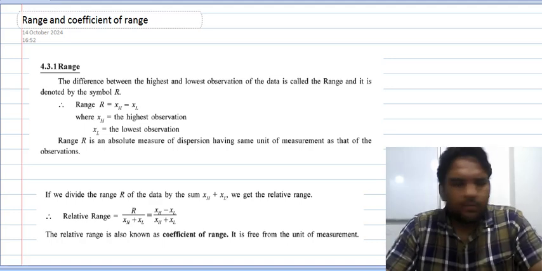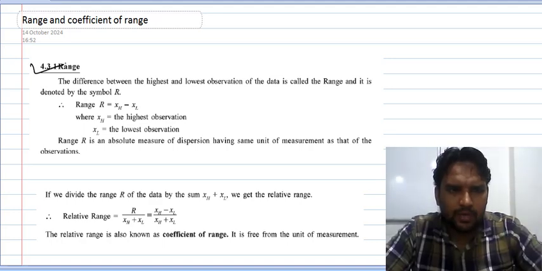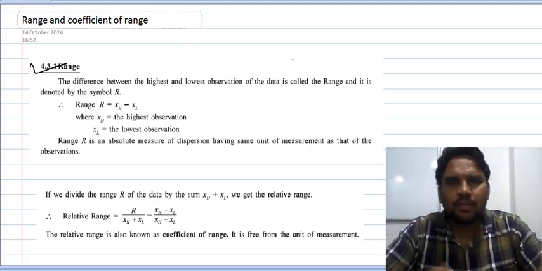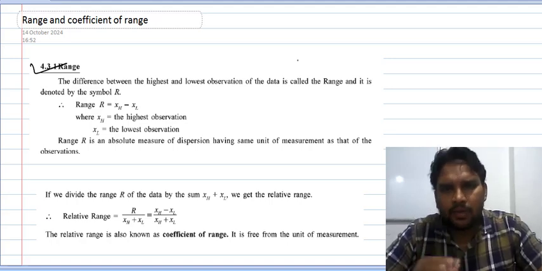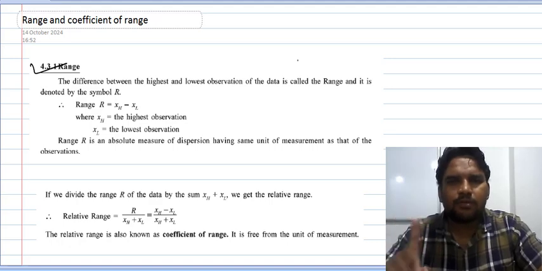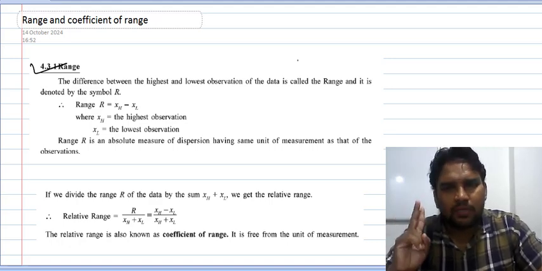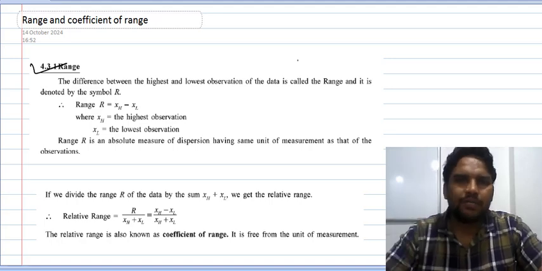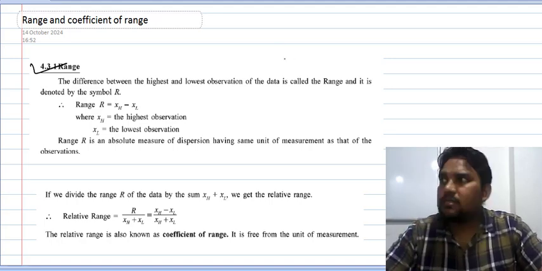So today's topic will be range. We already understand the meaning of dispersion, and I told you at the time of explaining the concept of dispersion, there are four measures of dispersion: range, then mean deviation, then standard deviation and quartile deviation. So let us understand first